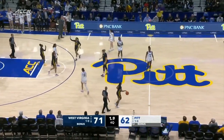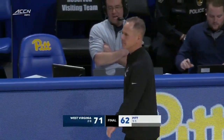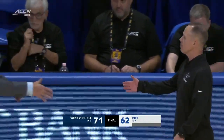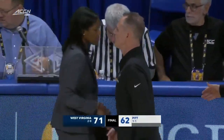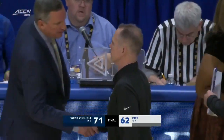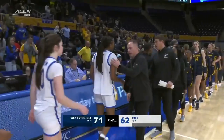West Virginia will take the Backyard Brawl here in Pittsburgh. The first time in 5 years. That's now a 6-game winning streak for West Virginia over the Pitt Panthers. Brienne, your thoughts? Yeah, I mean, all credit to West Virginia and the way their effort was on the